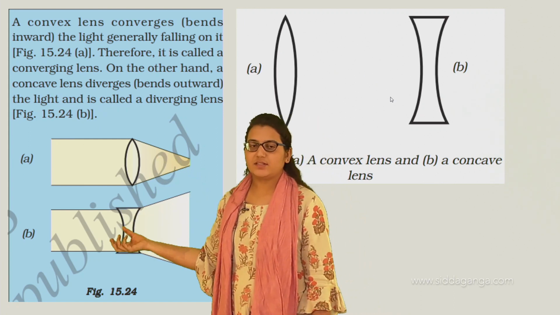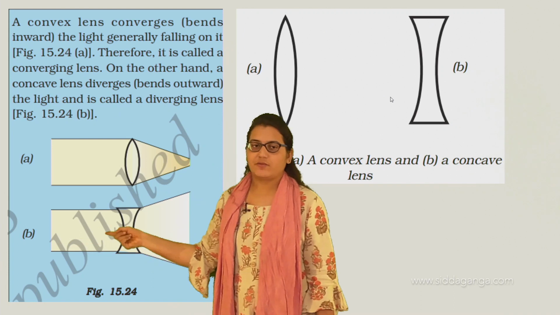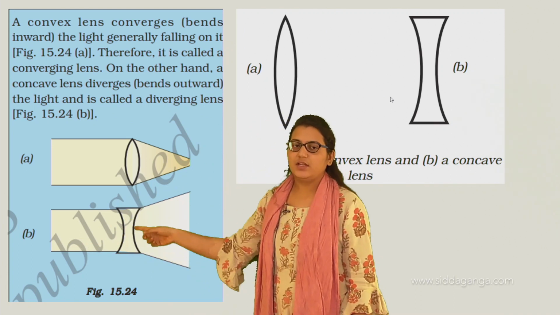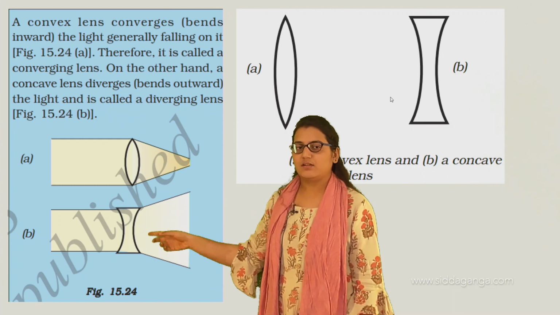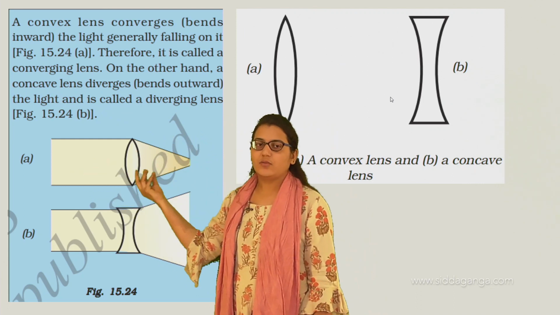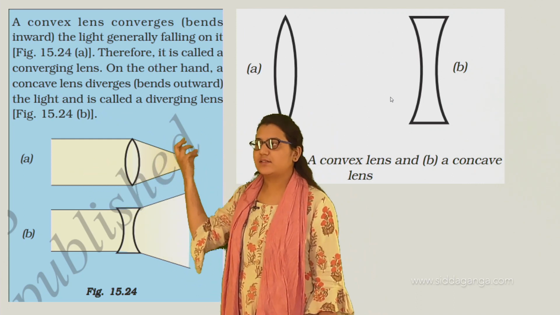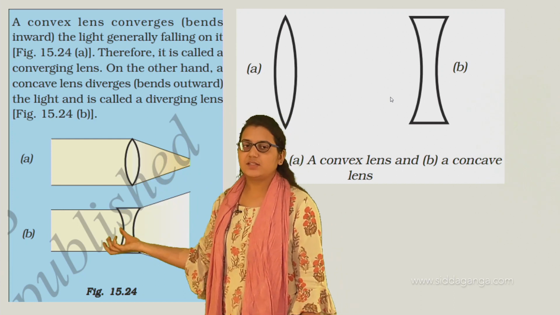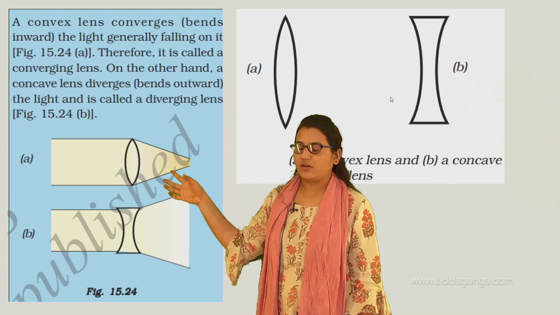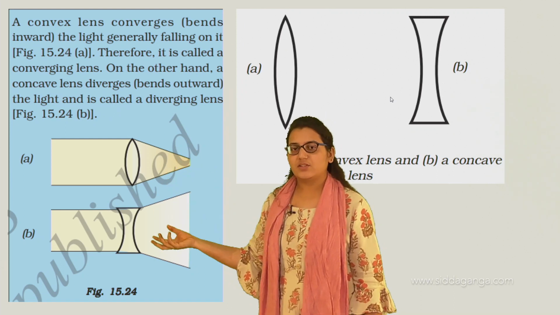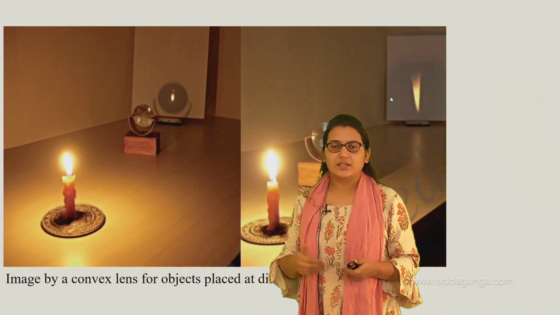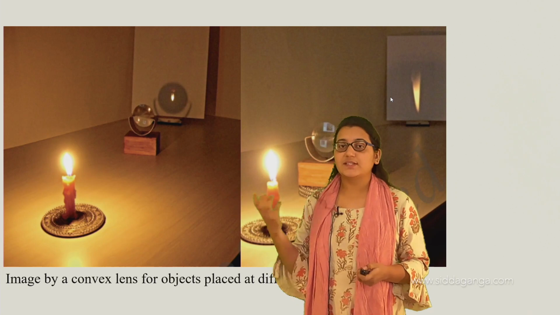But in the concave lens, in the same way, when the light is falling on the concave lens surface, the light diverges. It deflects, it diverts to various directions. But here all the light beams which have travelled converge and get collected at one point. Here it changes the direction. Here the light diverges. That is why convex lenses are called converging lenses, and concave lenses are called diverging lenses.